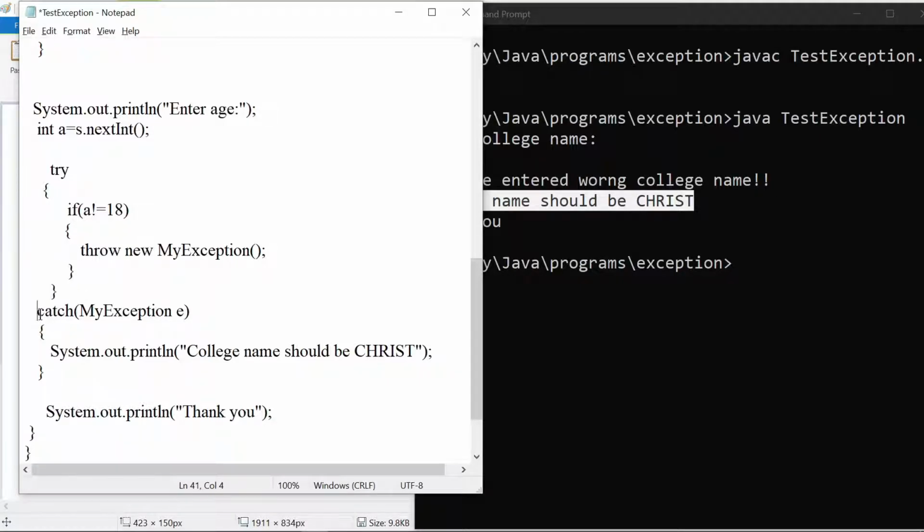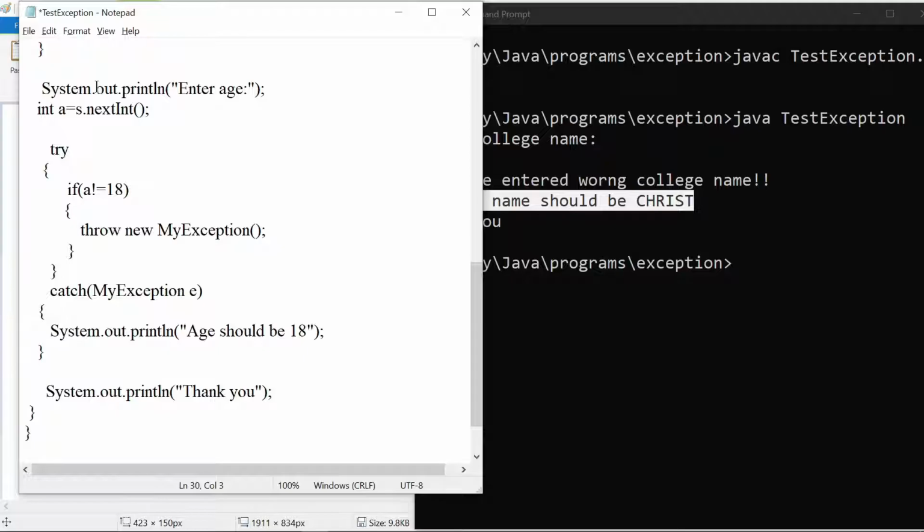Observe why I am writing this. And in the catch block I just want a statement like age should be 18. So let us run this program and see what sort of modification we need to do.